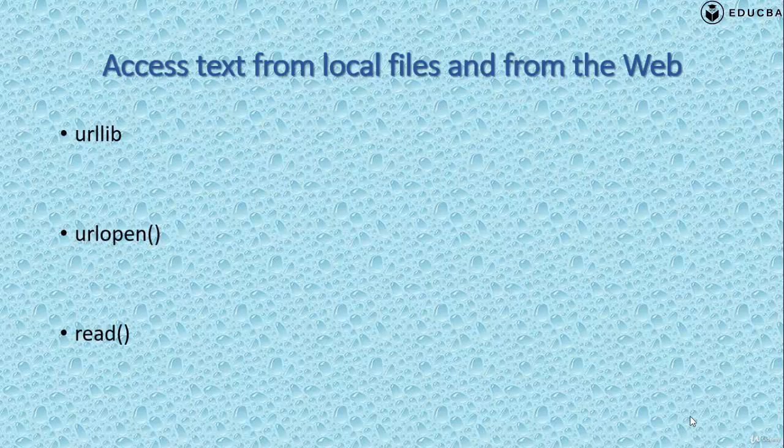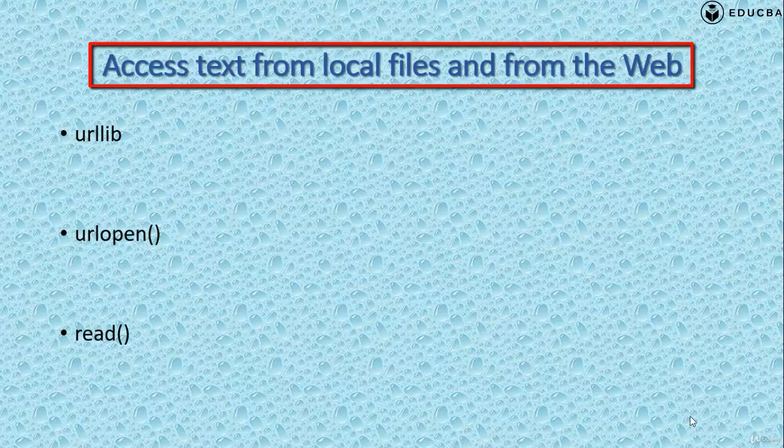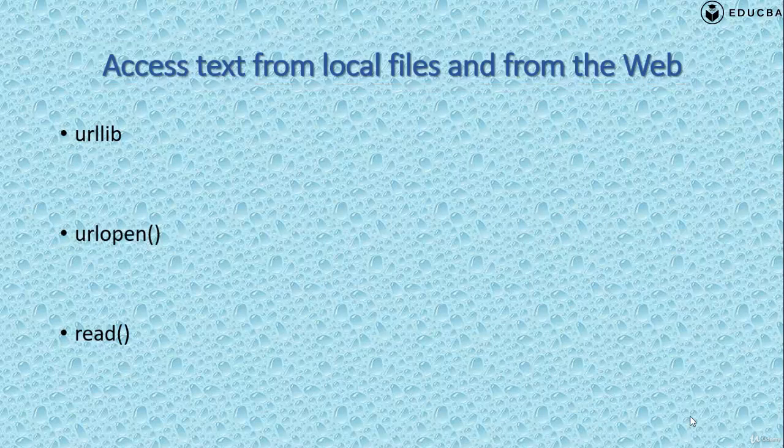Now how will it do it? In this video I will show you two different parts. First is access text from local files or any file present on the web. For that we will use the urllib module of Python. Next is the urlopen function for opening that file present on any website, and next is the read function